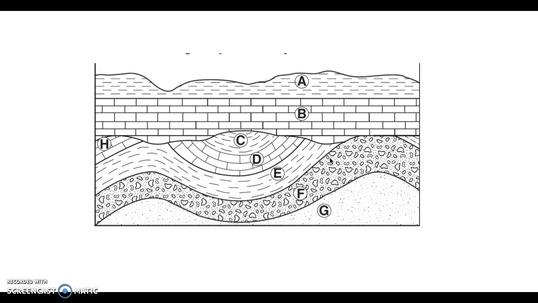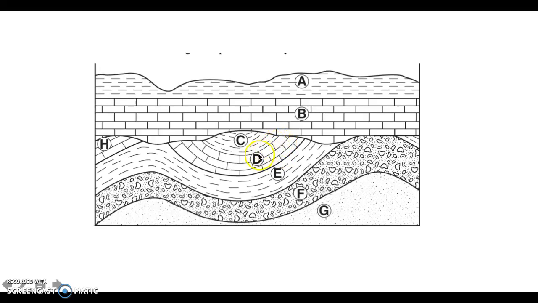Okay, so here is an intro to the activity that we're going to do. Looking at this picture, which is going to be way more cut and dry than anything a geologist sees, we go from the bottom up because, again, rock layers, the oldest are on the bottom. So going from the bottom, we can interpret the age of all of these layers. G would be first, F would be second, E would be third,